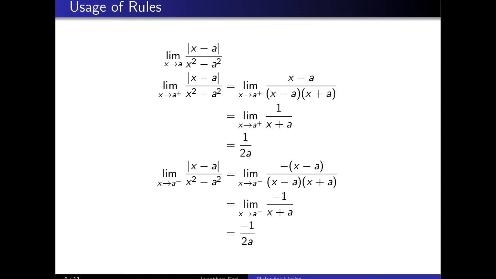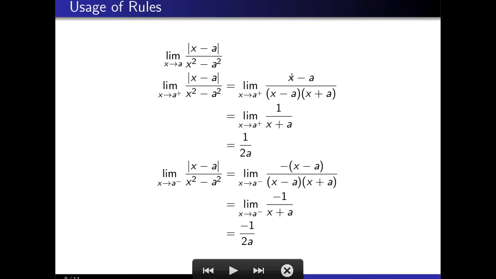And the reason for that is because for x values that are bigger than a, the absolute value will be written differently than for x values to the left of a. We'll see what that means just in a moment. So here, if we take an x value that's bigger than a, we have x minus a. If x is bigger than a, we take away a, we get something positive. So x minus a is going to be positive, and we'll write the absolute value of x minus a